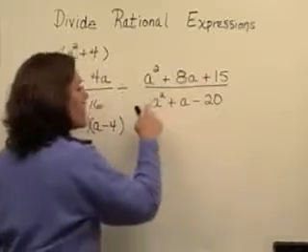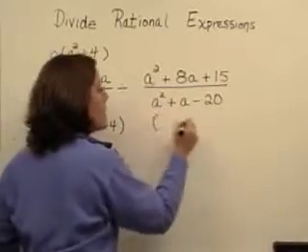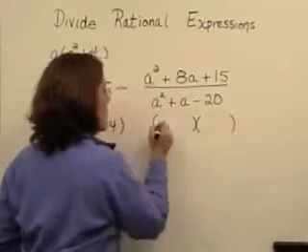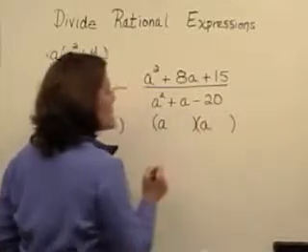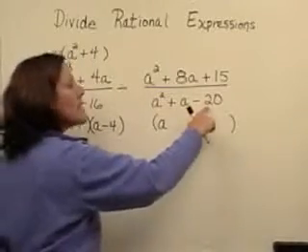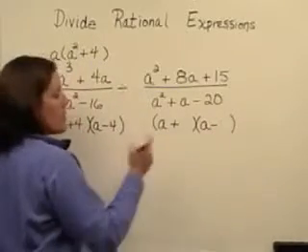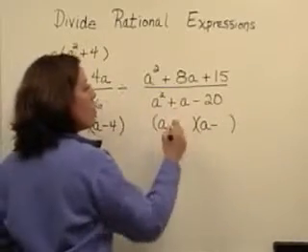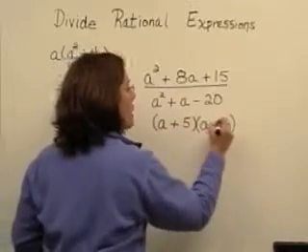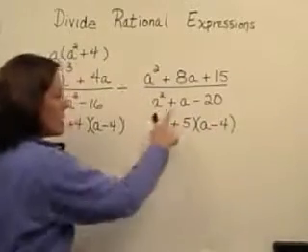Two trinomials over here where there's a 1 in front of the squared term. So those are the simpler trinomials, again, to factor. I need an a in the front of each. I now need two numbers whose product is a negative 20. One's got to be positive, one's got to be negative. Those two numbers, 5 and 4, have to add to be 1. So I'm going to put a positive 5 and a minus 4 here so that they add to be that